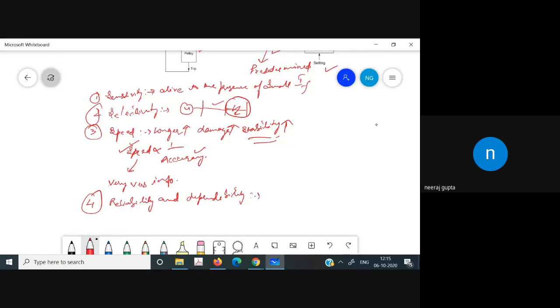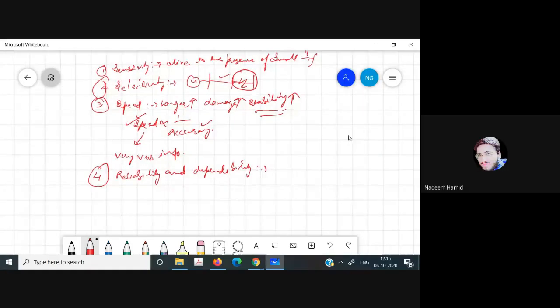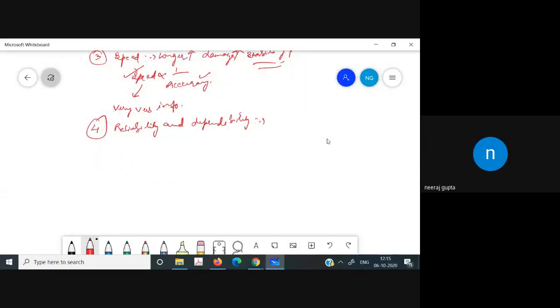So what do you mean by reliability? Sir, it should ensure the continuous supply. Yeah. So it should ensure the reliable or the continuous supply. And in case of reliability, good judgment plays a very important role. Good judgment of the power engineer about the setting of the relay and all that plays a very important part in increasing the reliability of the protective system.